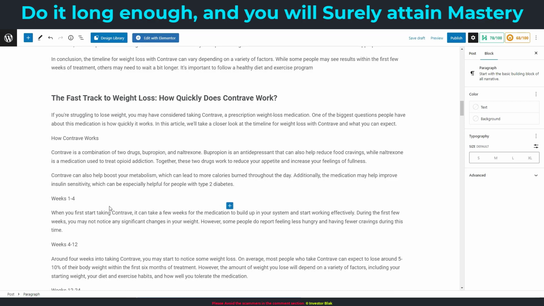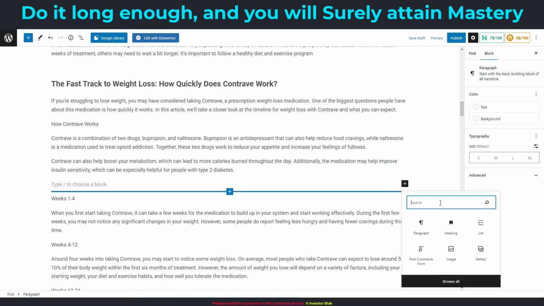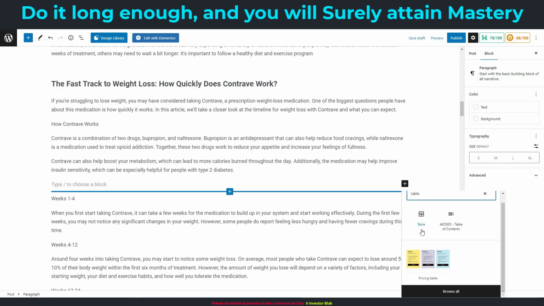A colorful table. If you want to add a table in WordPress, click on the plus sign. So I'm going to click here, click enter, then click on the plus sign by the right, then search for table. Okay, table. You're going to see a table. As you can see this table right here. So you can use this one, you can use this one as well, but let it just be in a